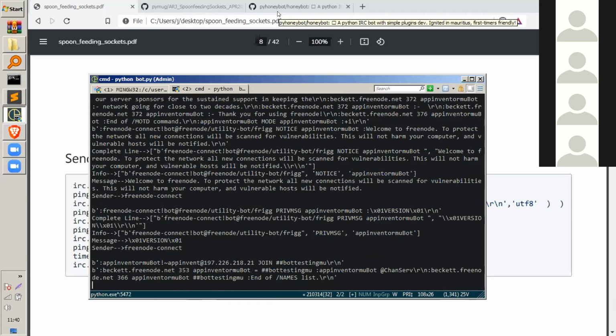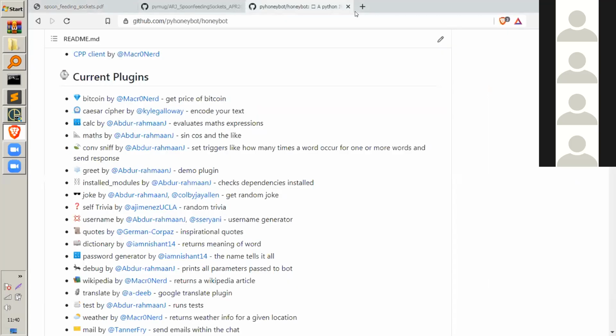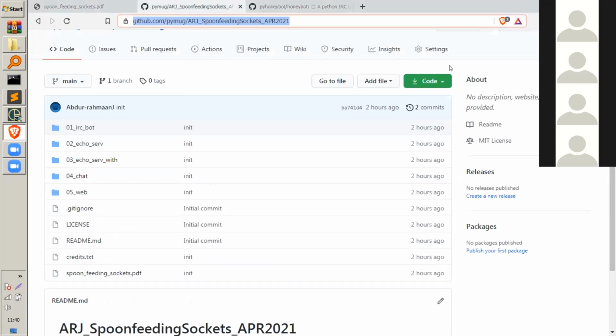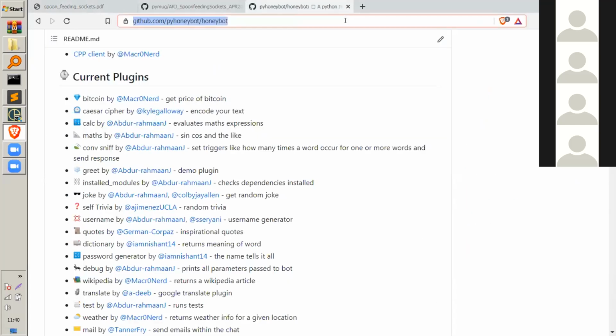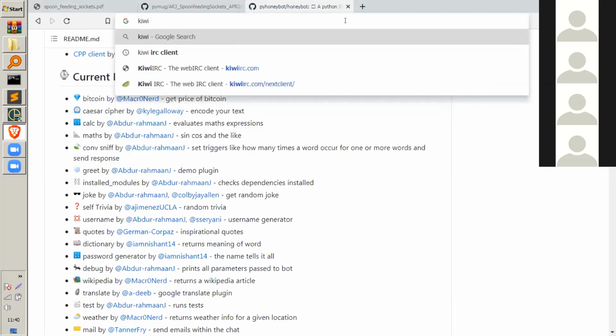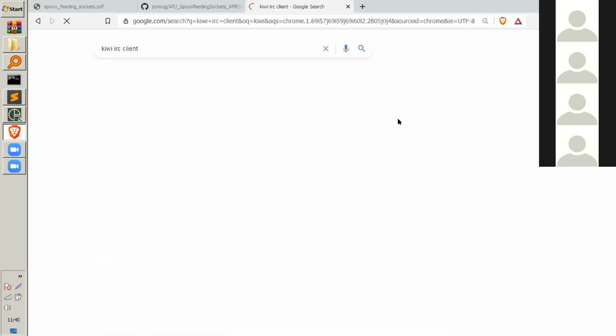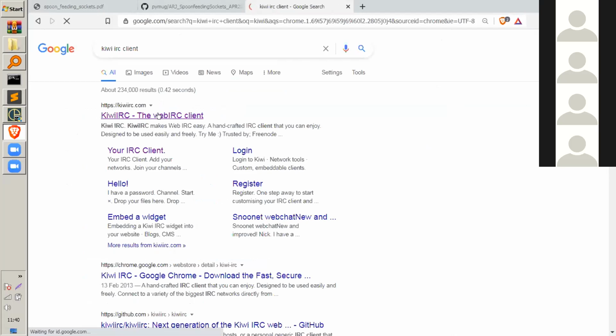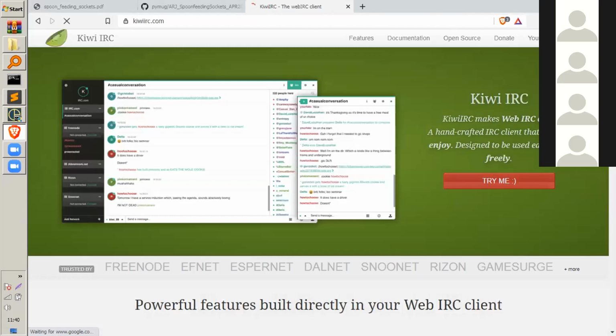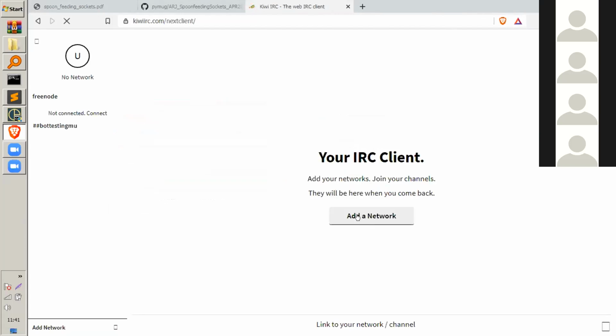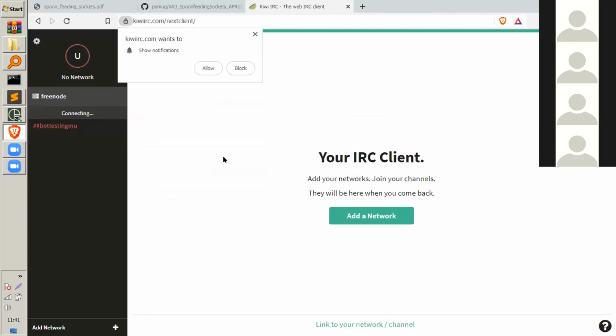And if you go into a client called Kiwi, an IRC client, I'm connected to Freenode.